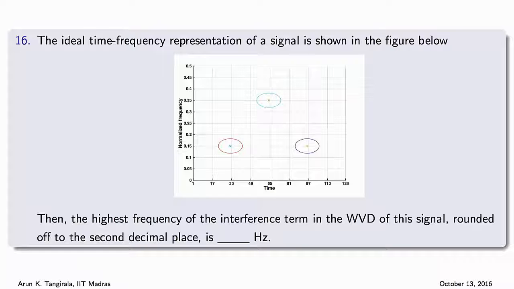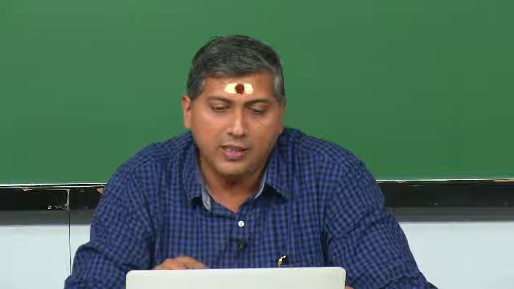So, here we are given 3 coordinates, right, and then surrounding them there is a band of frequencies over a short duration as well. So, you can think of it as some kind of modulation in time, amplitude modulation in time, and also some kind of frequency modulation. So, there are 3 atoms here, so to speak. We have used this term atoms, and the question that is being asked is, if I were to compute the Wigner-Ville distribution of such a signal, which has these 3 different components, what would be the highest frequency